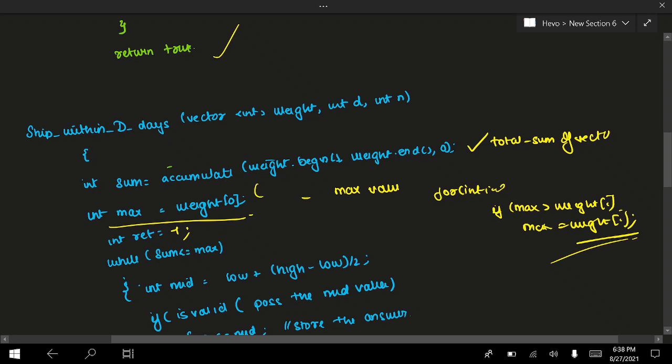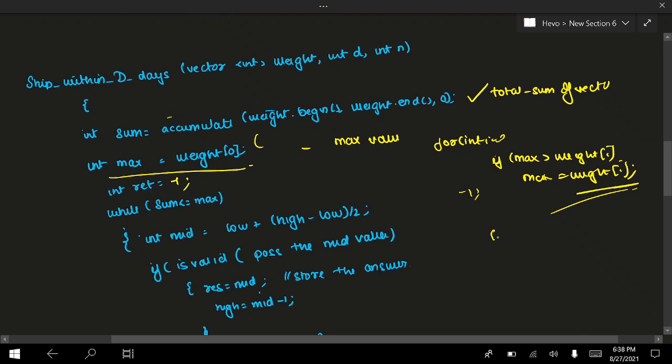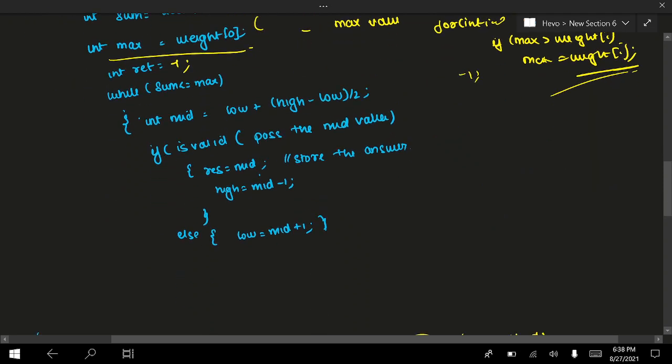If you're not able to do that, you can just return -1, because you can get a very impossible case as well. The case can be something like the weights are just impossible, right? So if it is not possible, we can just return -1, and I will tell you how it works.